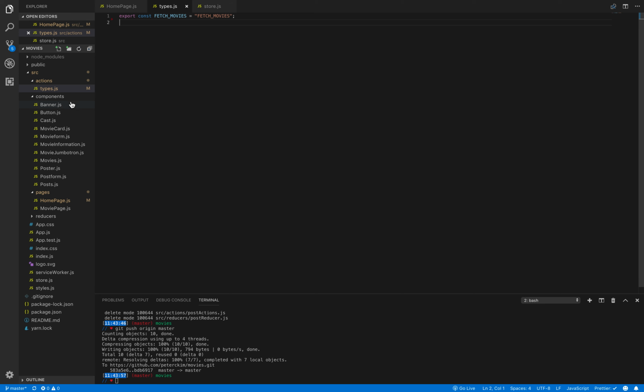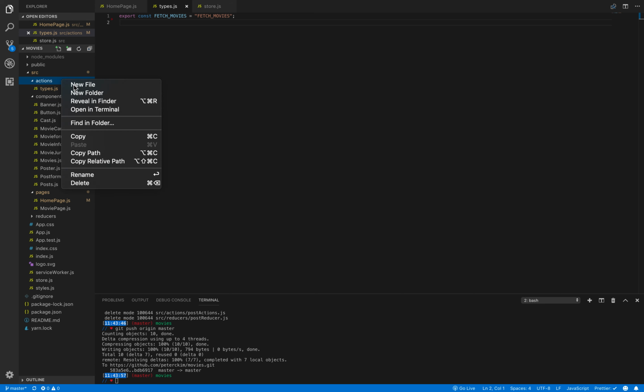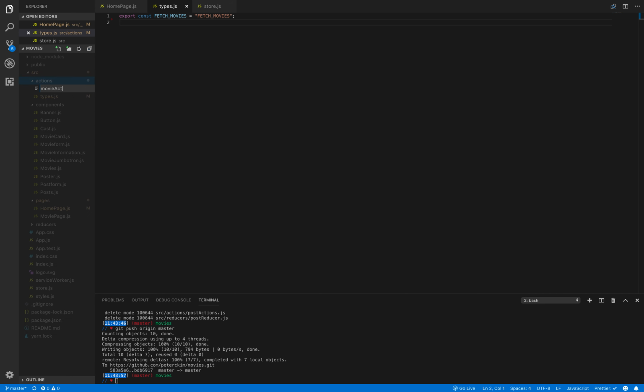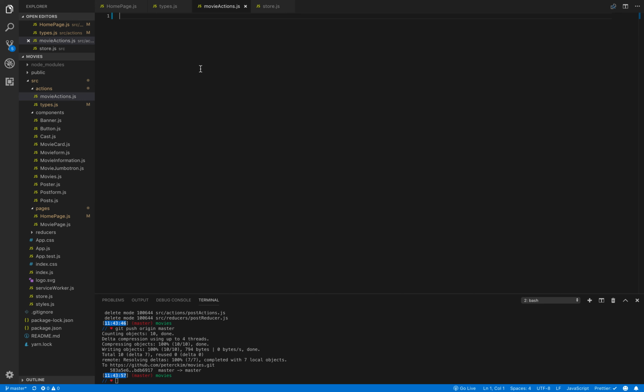And then next I would create another file called movie actions.js. Here I want to import that constant FETCH_MOVIES from ./types. And here I want to create the action. So export const fetchMovies equals